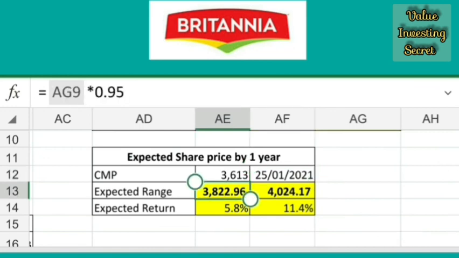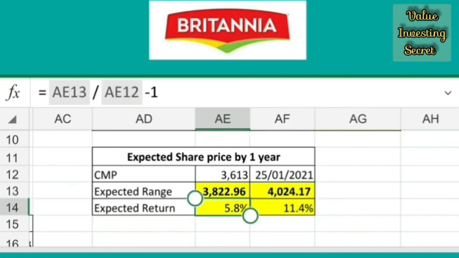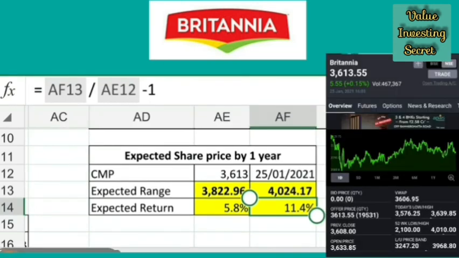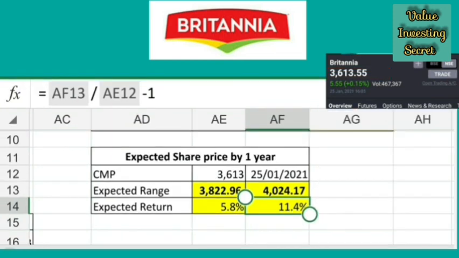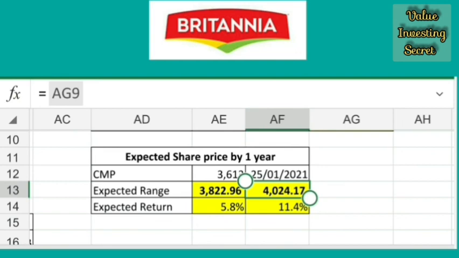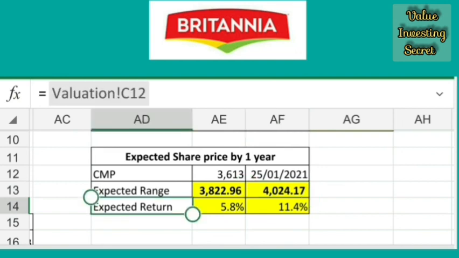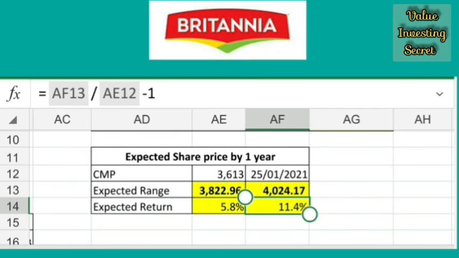So even if I consider 95% of the actual calculation, I will be getting a profit of 5.8% to 11% by 1 year. Britannia is fundamentally a very good company, and if you have purchased at lower prices, you can definitely hold. In the last 52 weeks, the price has touched 4010, then it corrected to 3613. Here you can use a buy on dip strategy to add more and more shares to average your price. Since the company is fundamentally very strong, you can definitely buy on dips.